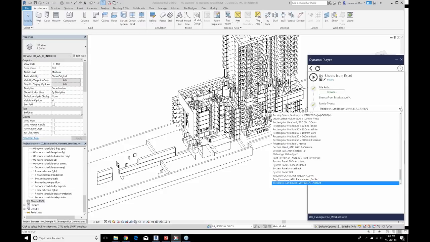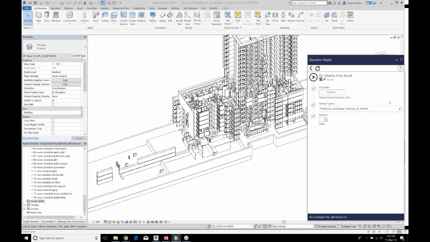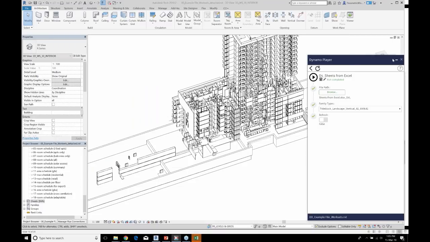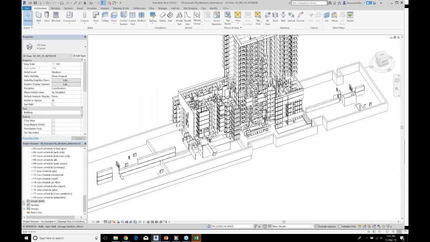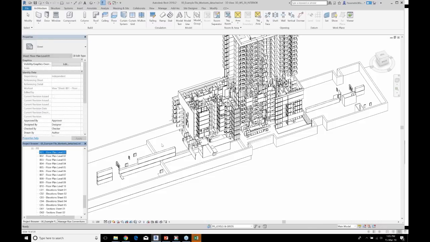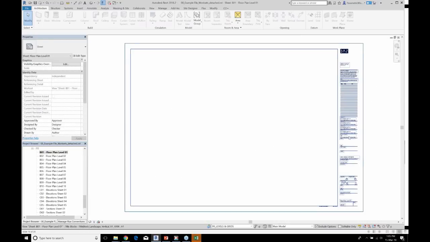So we can define our title block, and you can browse to your Excel document. So hopefully this is all set up okay. It opens up our Excel document, and what we should see here now is a whole bunch of empty sheets already created for us.